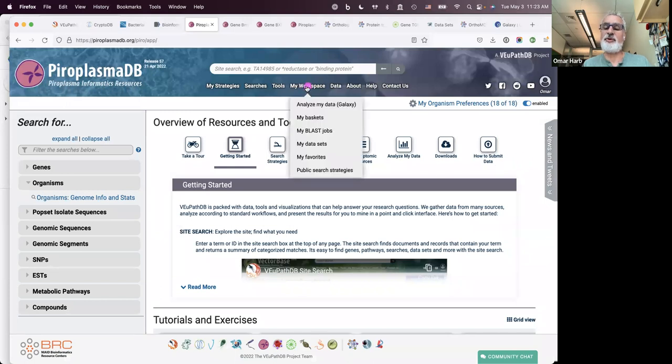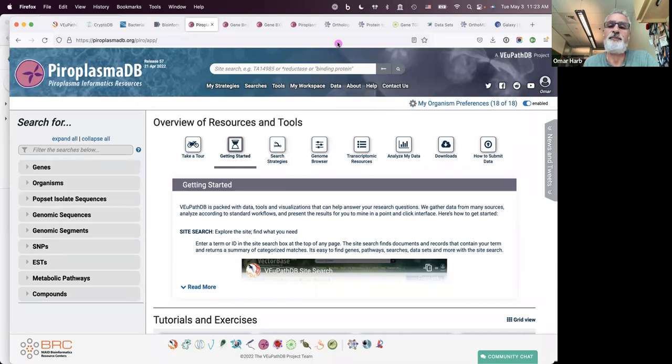So for example, if you want to develop a workspace based on primary analyzed data, so using Galaxy, which I'll demo in a few minutes, you would have to log in because that's using storage and it's creating basically a private workspace for yourself. And so that requires logging in. Also, if you wanted to add a user comment on a gene page, you need to log in because the user comment is associated with you, and I'll show you quickly how those user comments may be useful. Okay,